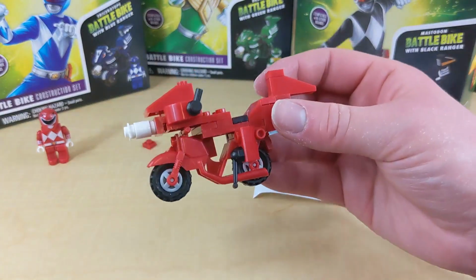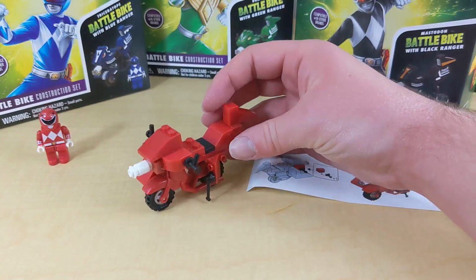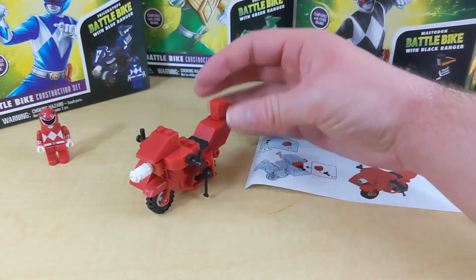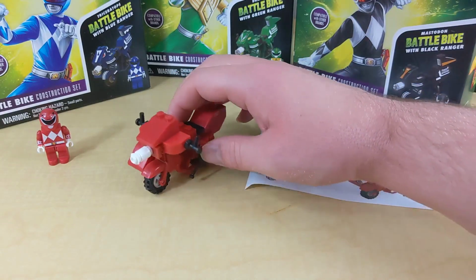Ta-da! Here it is. Wow. So this thing does not hold together very nicely whatsoever. It has this kickstand, but all the weight is on this side, so it always just wants to fall over. And nothing likes to hold together. But I guess that's what you would expect from knockoff Lego, right? Now the fun part...